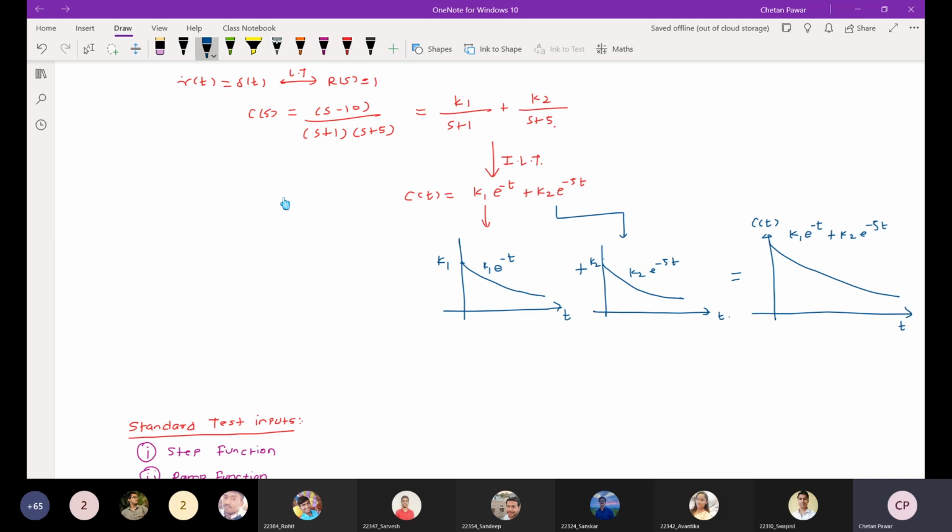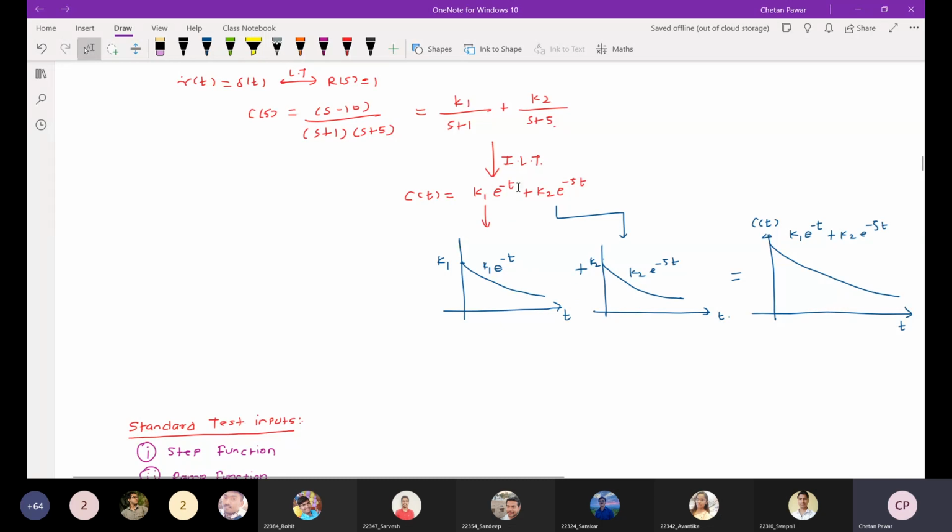Okay. So now in this particular system, you tell me how many zeros are there? 1. Which is the zero? The zero is 10, right? How many poles are there? 2. Minus 1 and minus 5, right? And if you observe the system response